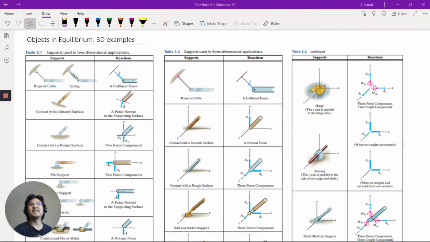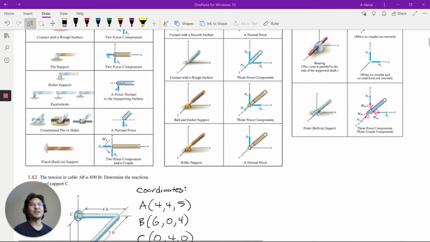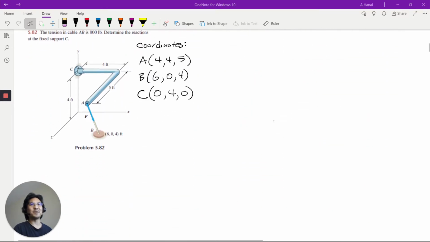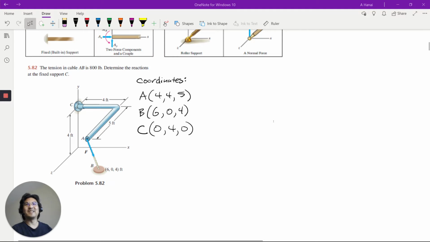Hey everybody. Okay, in this video we're going to talk about objects in equilibrium, but then we'll do some 3D examples, right? So if you have, right here, use these tables from the book, reactions at supports, but now let's try some 3D examples. So here, like this L-shaped bar,